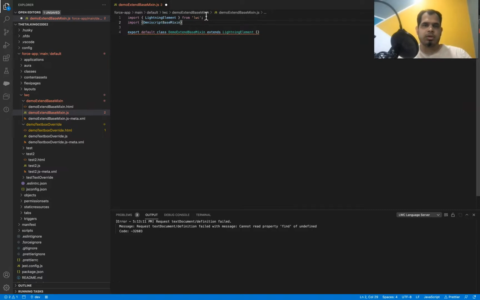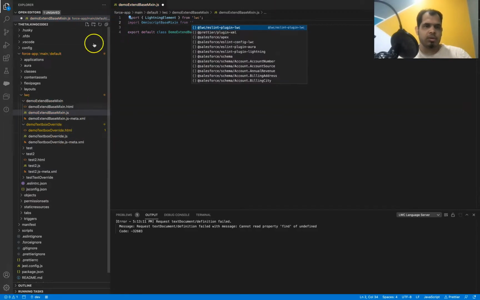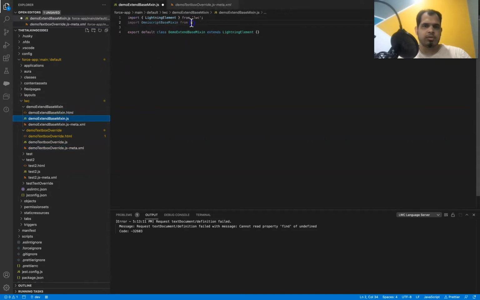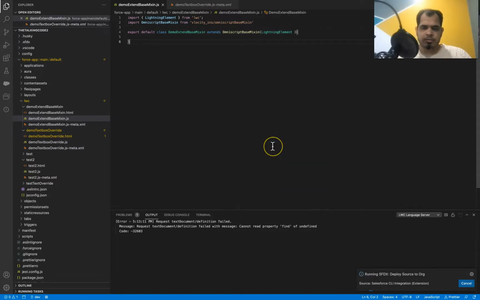Okay, and sorry, we are going to import it from, let me copy the namespace again. Okay, OmniScript base mixin. Okay, and we are going to extend this. So when we extend this, it basically takes this lightning element as a parameter. Okay, so that's it. Now let's deploy it.